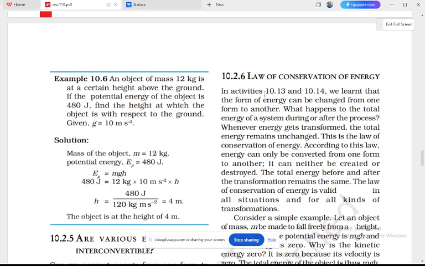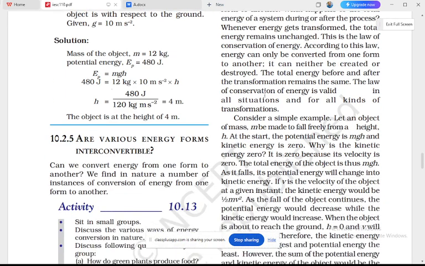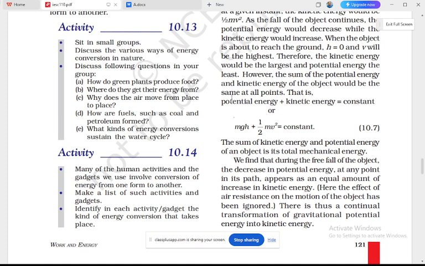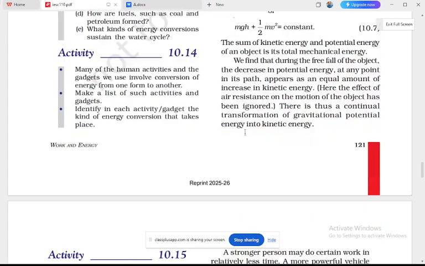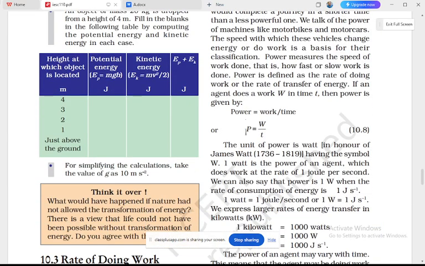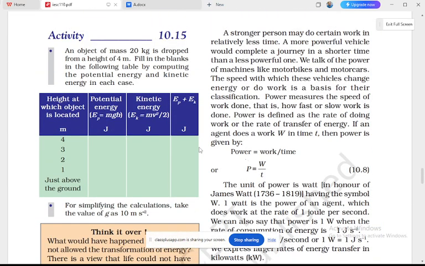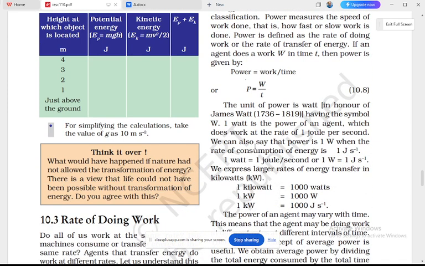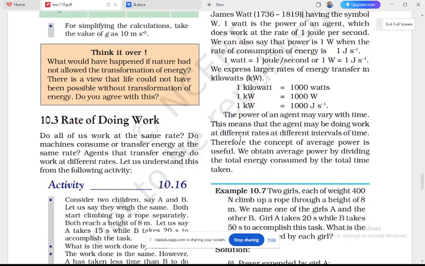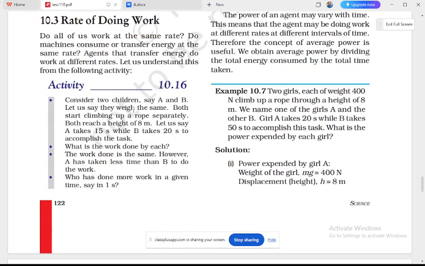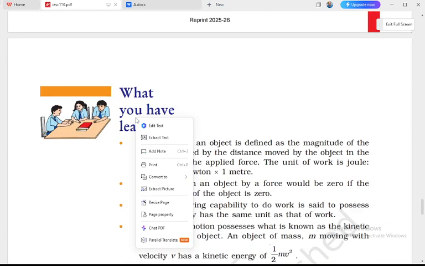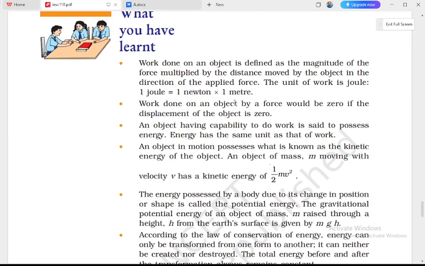And there is another thing, that is the law of conservation of energy, right? What you can find here is that the total energy, that is the potential energy plus kinetic energy, is always constant. That is, mgh plus half mv square is always a constant or fixed value. And next, the term power. The definition of power is work by time, right? And the unit of power is watt. And what we call power is the rate of doing work, right? In this way, we can find all the problems. What have we learned? Let us find out what we have learned. Work done